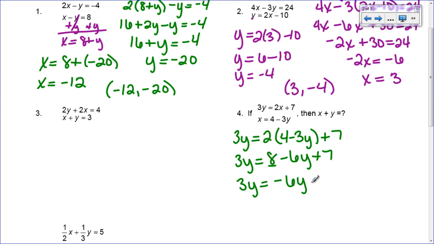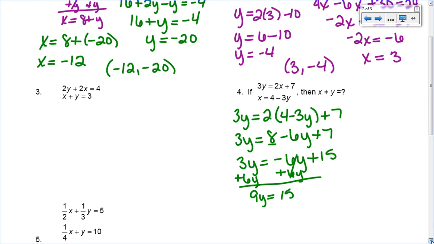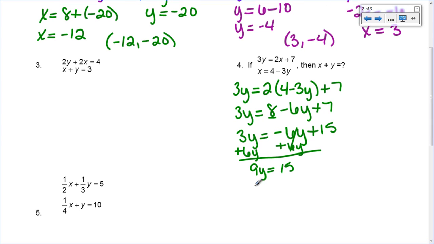So I have negative 6y plus 15. And I need all my y's together on the same side. So I'm going to add 6y to both sides so that it can cancel over here but end up over here. So I'm going to have 9y equals 15. And I got to get y by itself. So I'm going to divide by 9. And if you grab your calculator and do 15 divided by 9,